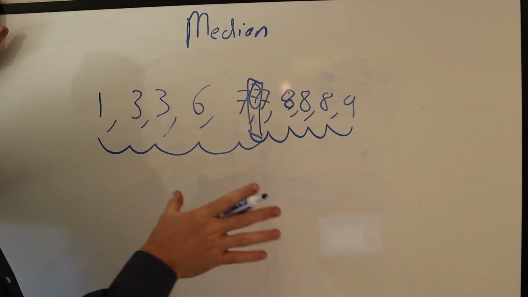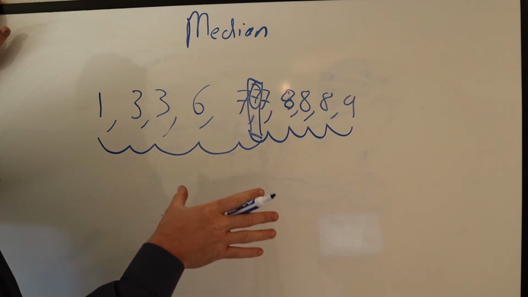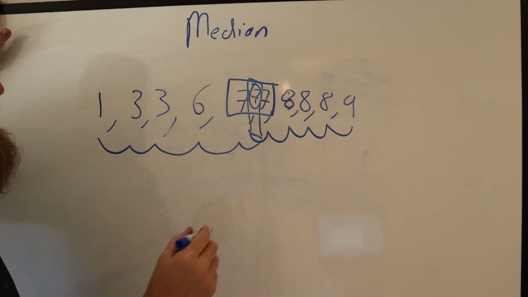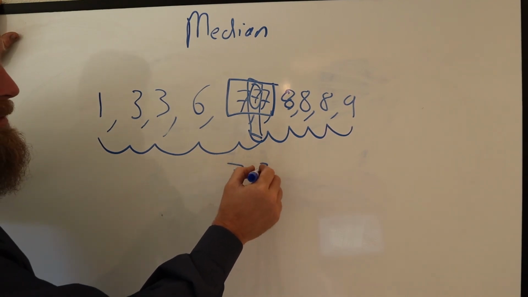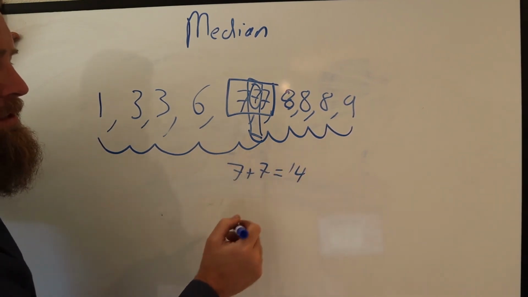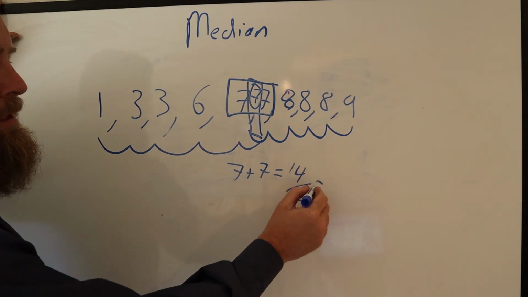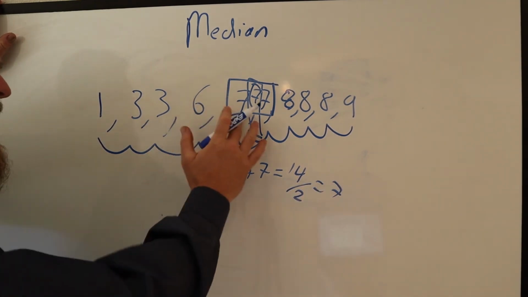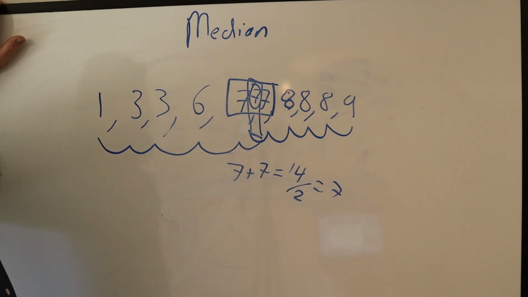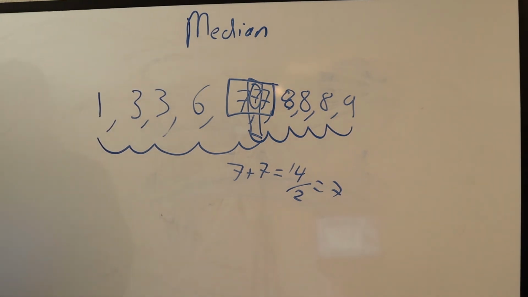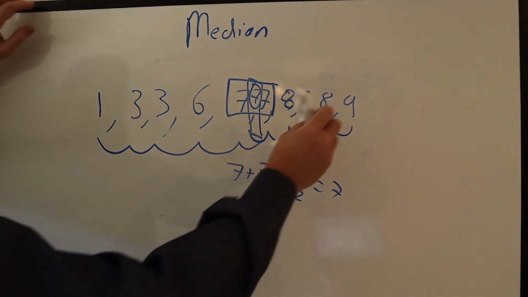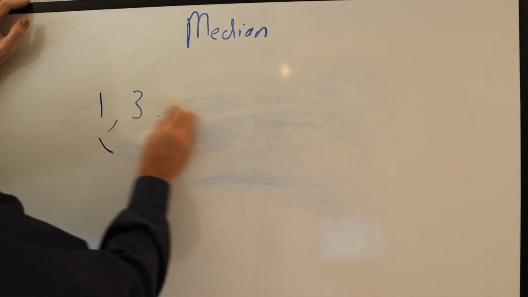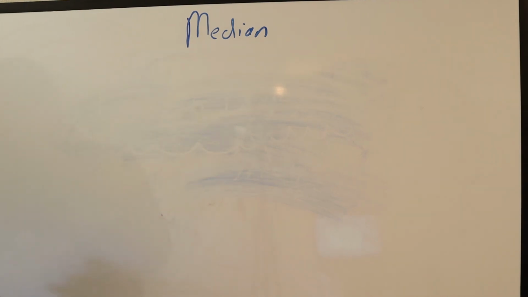If you have an even number, then you take the two middle scores, 7 plus 7, 14, and you divide that by 2. 7. Pretty simple stuff, right? Again, it's not going to be the same way all the time. You might have a different distribution that has a different look to it. So I'll give you a different distribution where it's an even number of scores, and then you have to add the two numbers up and figure out